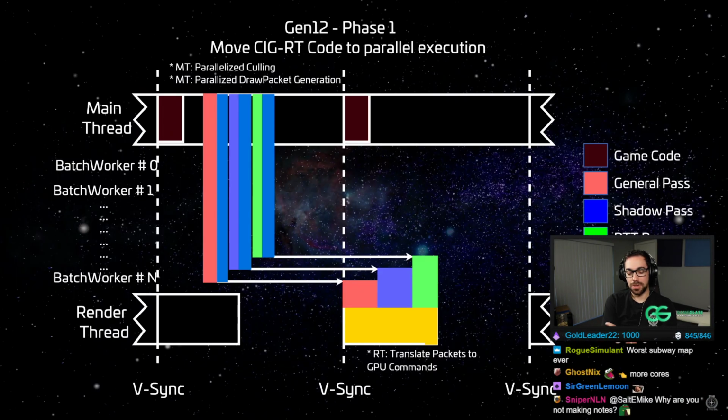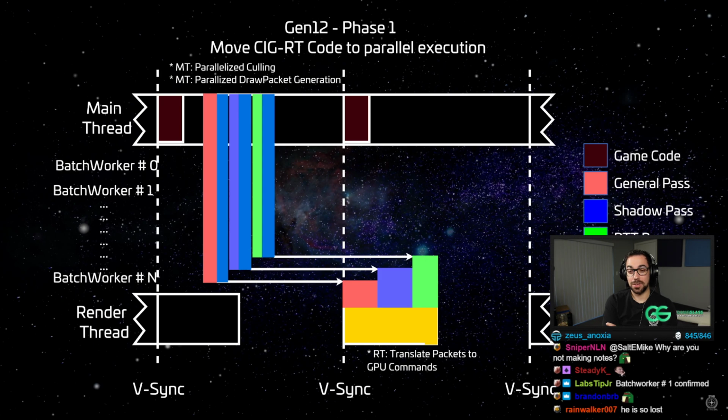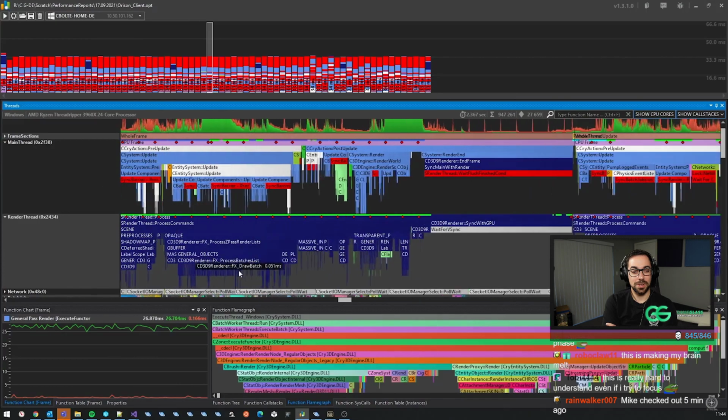In other words, object culling is already at the point where we want to have the draw call processing. Right now, we are in the first implementation phase. We have defined our low-level code building blocks, ensured our APIs work, and are now in the process of moving our own rendering code out of the render thread into the existing batch worker execution. This is a very time-consuming refactoring, as we need to change every rendering feature in a very old and large code base. But we have set it up in a way to allow us to gradually move over parts step